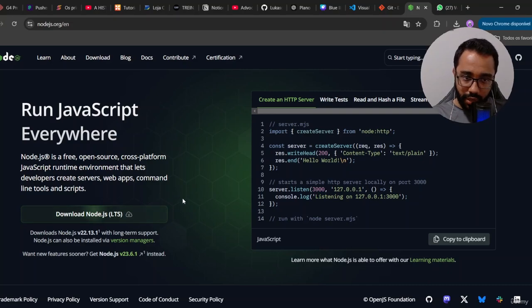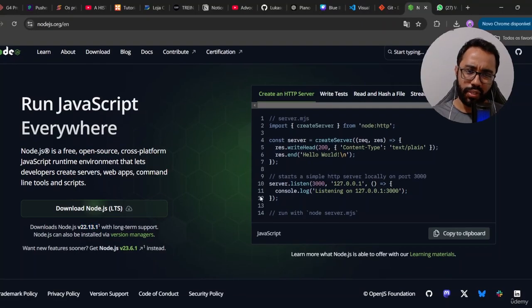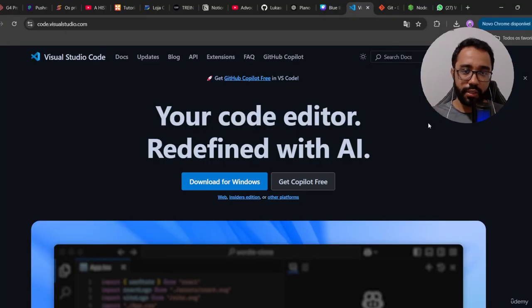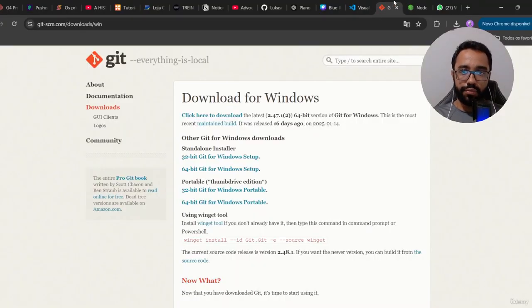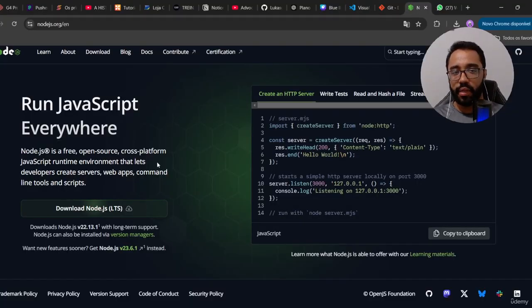Again, I would not download it again because I already have everything on my machine. You should also download Node.js in order to create all your environment, to program with us and to develop all the projects. So you don't need to come back here and download anything else, right? If you have a code editor, a version control software and a cross-platform JavaScript runtime environment, you are free to go